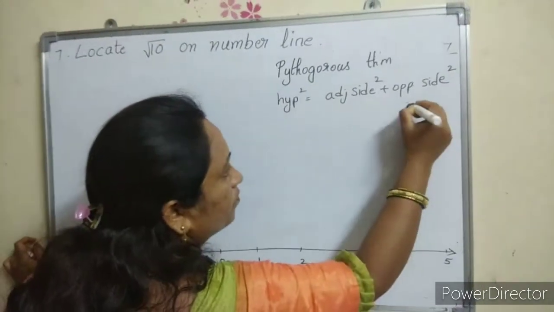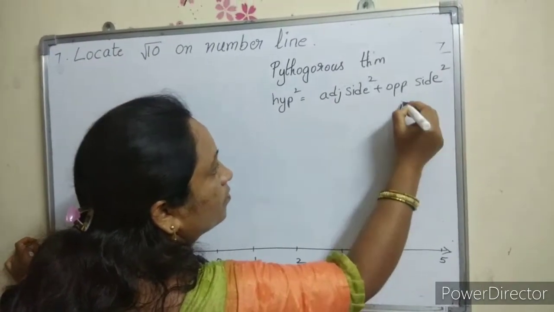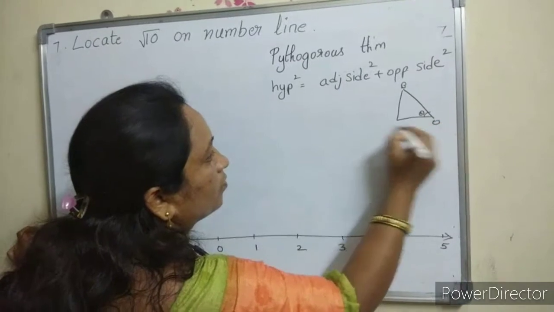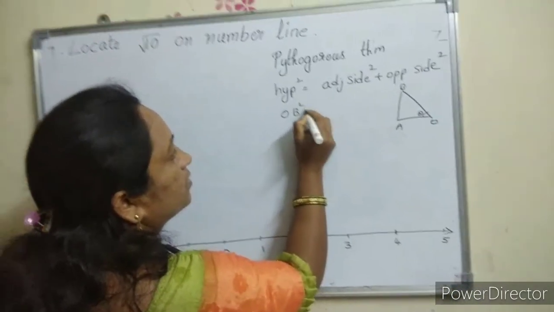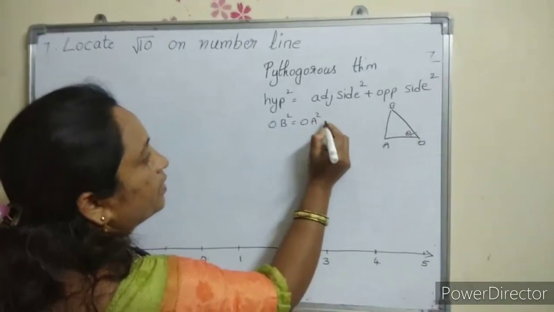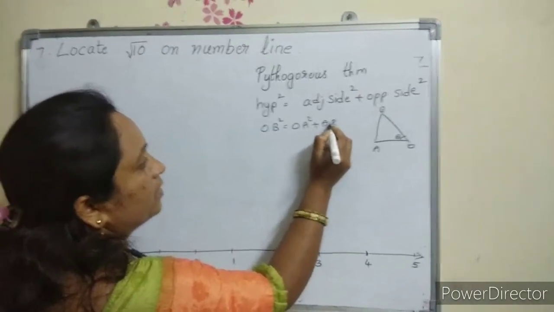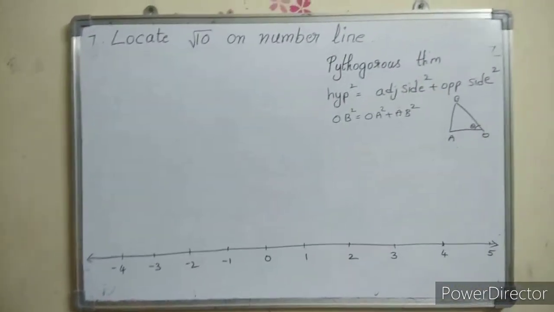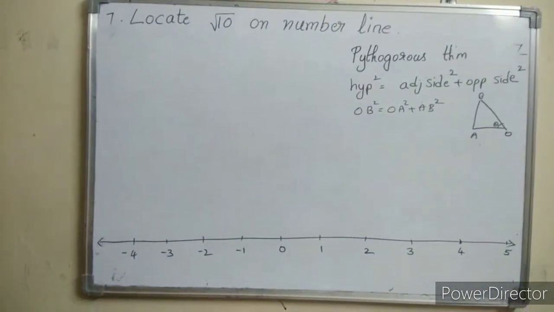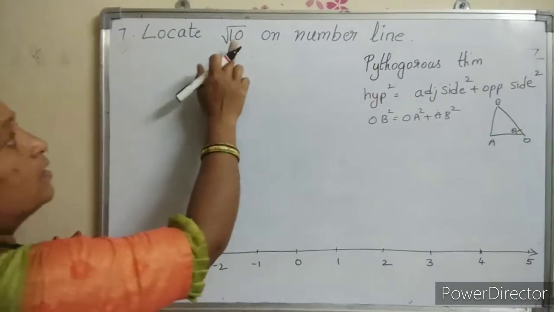Okay. Now, OB square is equal to OA square plus